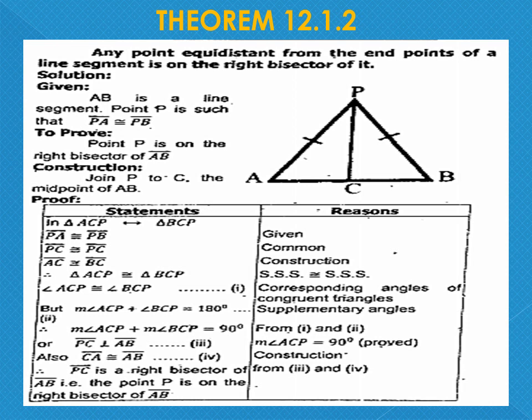After proving the triangles congruent, student, what can we do? We can say when the triangles are congruent, it means all other remaining sides and angles are also congruent. So we can take angle ACP is congruent to angle BCP. And what will be the reason for this? Corresponding angles of congruent triangles. I also told you before, student, this will help you to move your theorem forward. When two triangles are congruent, we should say that all their remaining sides and angles are also congruent.